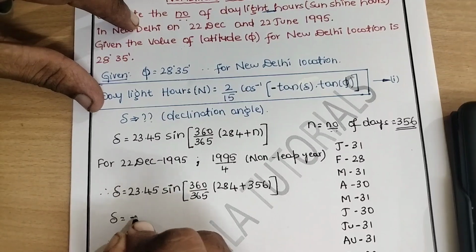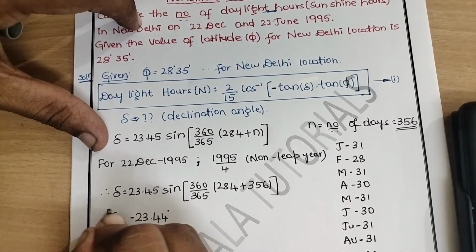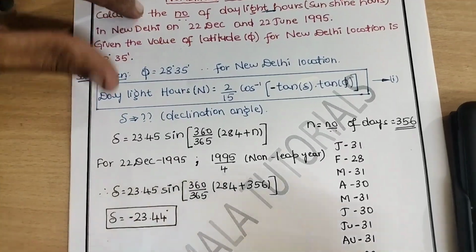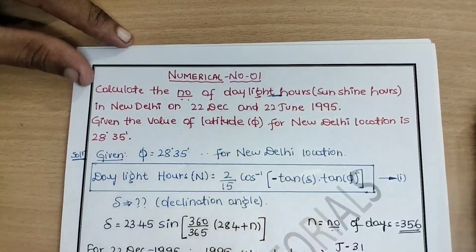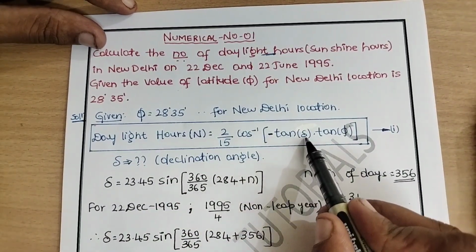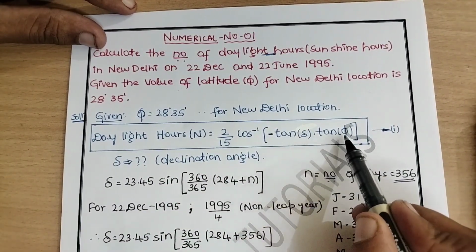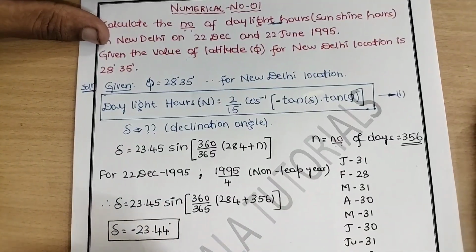Let us proceed. Minus 23.44 degrees. So this is the first part of the answer. Now, what is it that we are supposed to find out? Number of sunshine hours. So number of sunshine hours, equation 1 is already written. Just normal substitution for the value of delta and phi. What is the value of phi? I repeat, it is 28 degree 35 minute. So therefore,